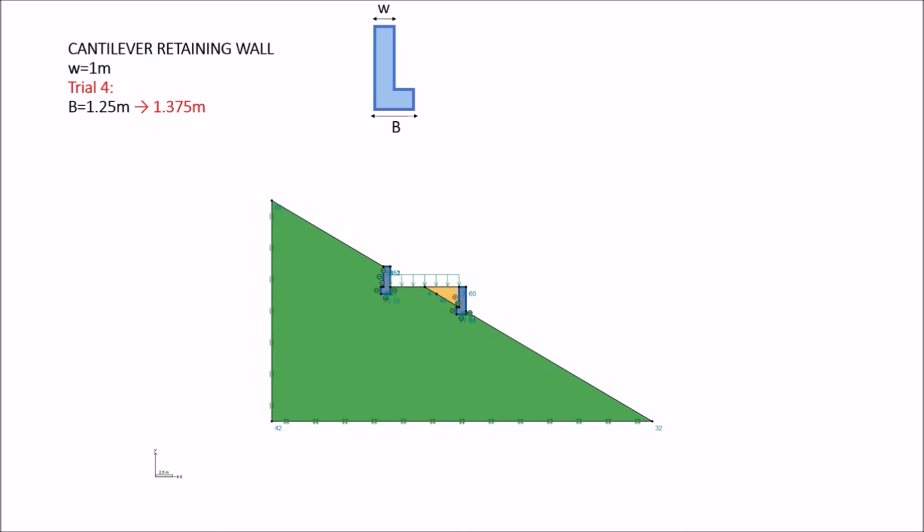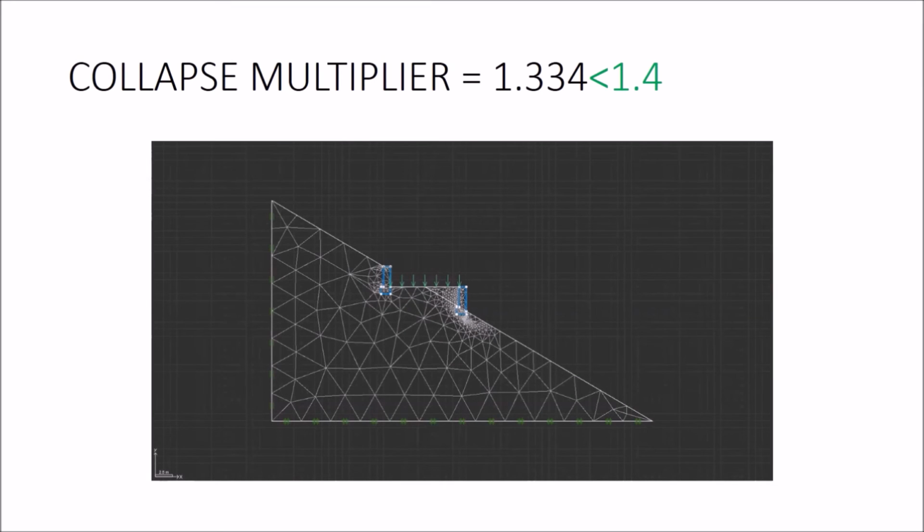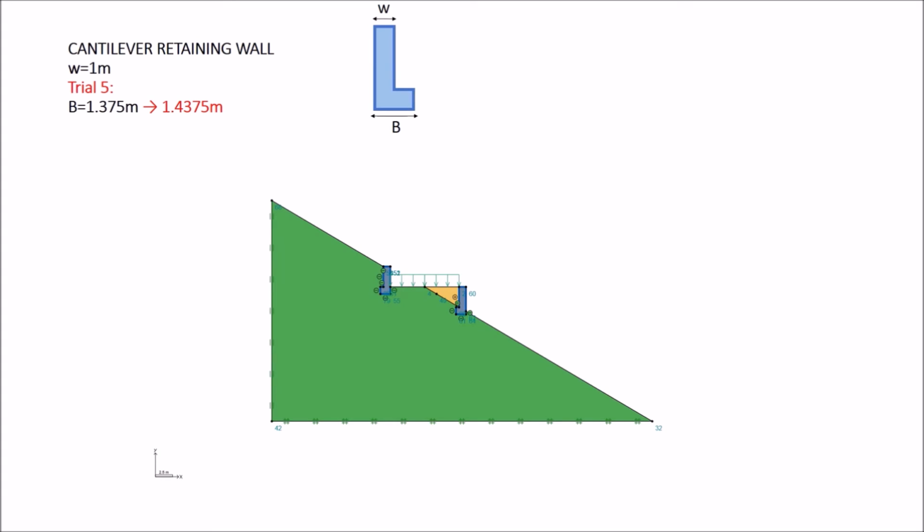So using binary search, we try our next trial. The lateral size is changed from 1.25 meters to 1.375 meters. Also modelling and running analysis in optimum, we find that the collapse multiplier for this trial is also less than 1.4. Still using binary search, we change the lateral size from 1.375 meters to 1.4375 meters, and found